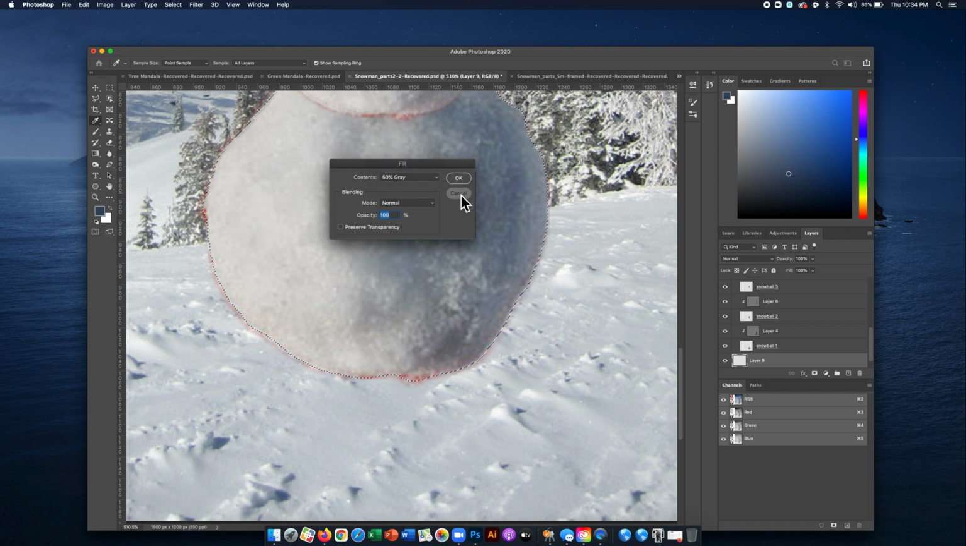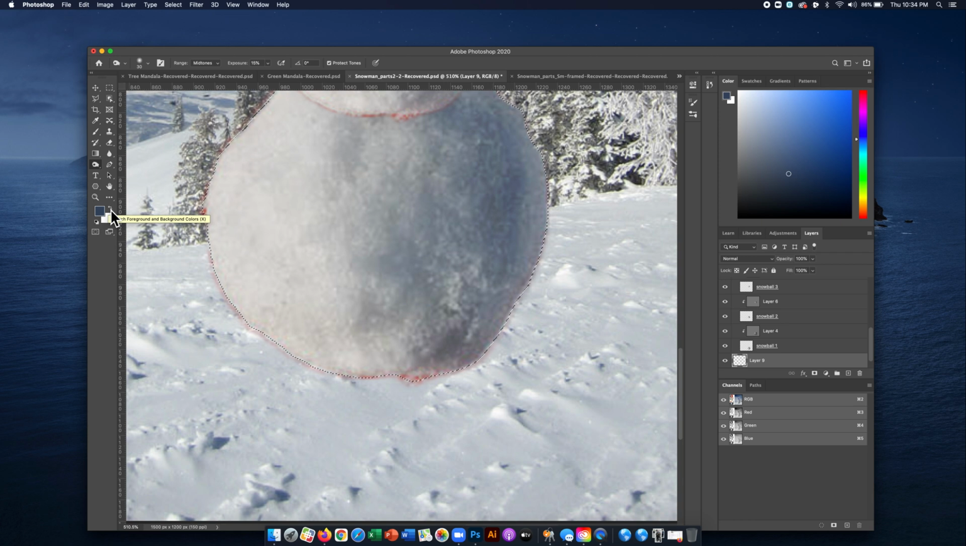Boom, that'd be one way. Another way to fill, the shortcut is Option Delete. That fills with your foreground color. Command Delete fills with your background color. So